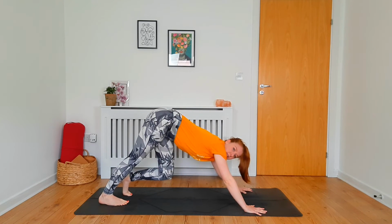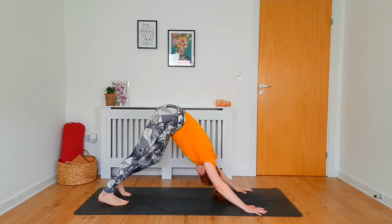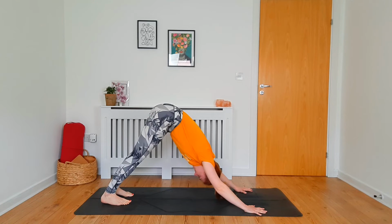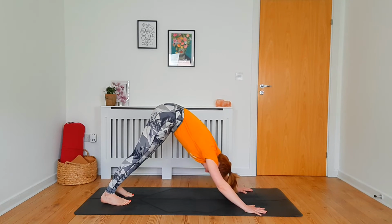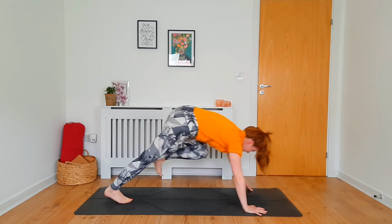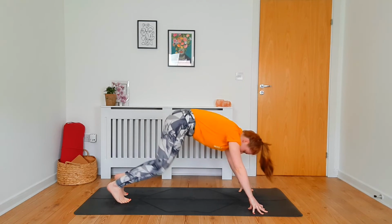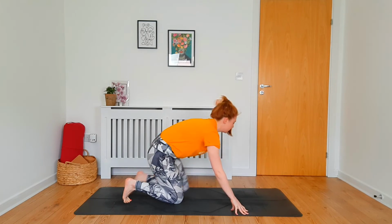So again, you can pedal the feet. You might just shake out the head a little bit. Anything your body needs. This time stepping the left foot forward into your lunge. Either one big step through and then lowering the back knee, or coming down onto both knees and then bringing